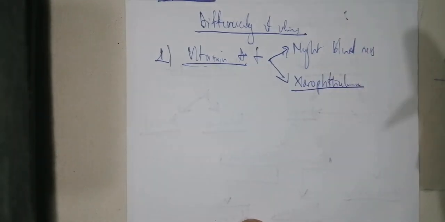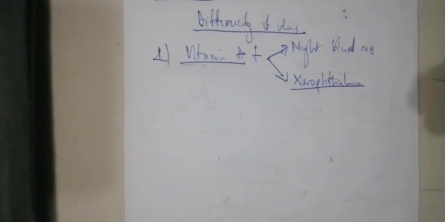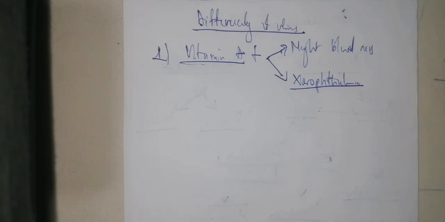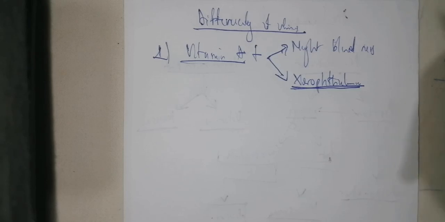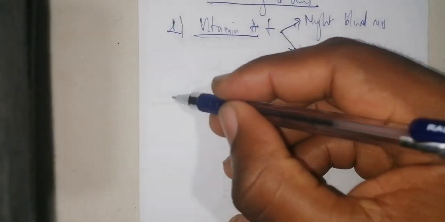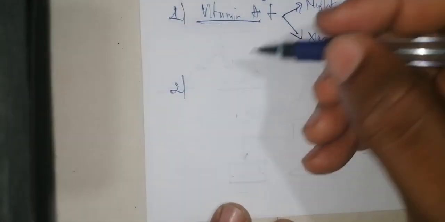Night blindness is when you are not capable of seeing well at night. Is it clear? And we have another one, which is xerophthalmia. Xerophthalmia means dryness at the level of the eye. Is it clear? That is due to vitamin A deficiency. Now, the second one is going to be vitamin